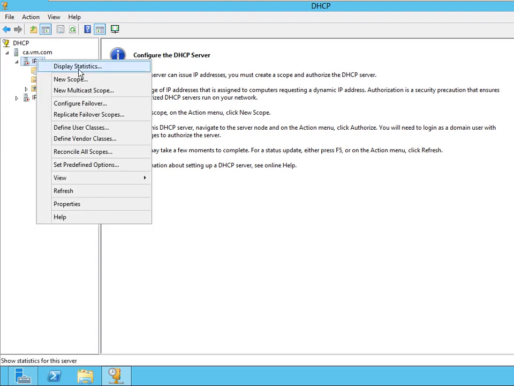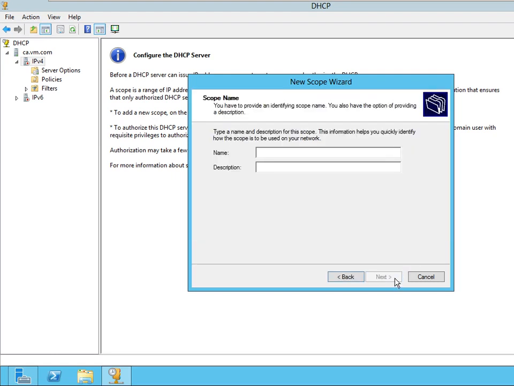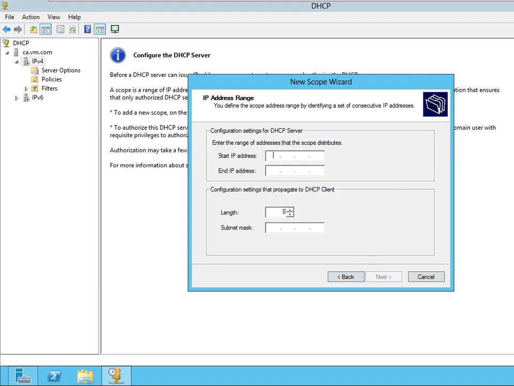So first I am going to configure a new scope. Here I am going to give a name called DHCP only. The first scope should be in the same range, the same static range.